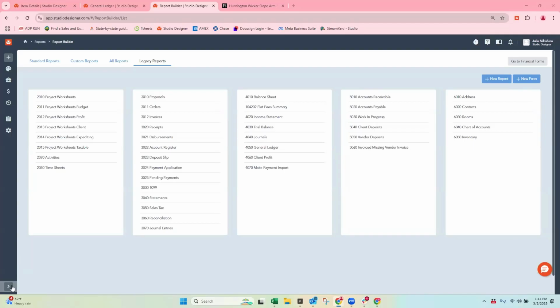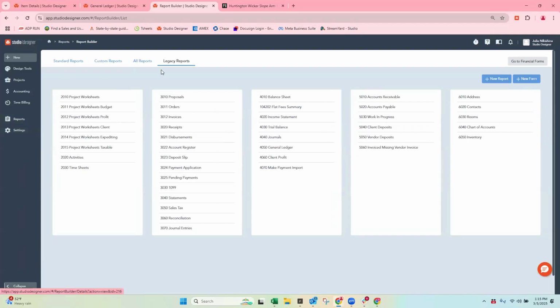And if you go to reports and you go to legacy, I'm an old Studio user, about 20 years or so, so I live in my legacy reports. I don't typically go to financial forms. The reports are getting a refresh. For those of us who are newer in Studio, I think the newer users will be happier. For those of us like myself who like the old reports the way they are, I'll be slightly less happy. But under legacy is a collection of the old Studio reports.